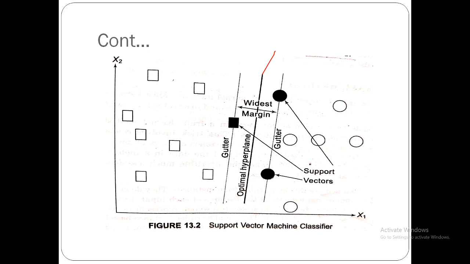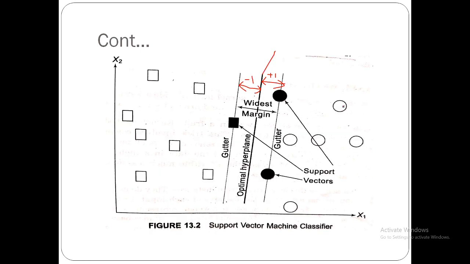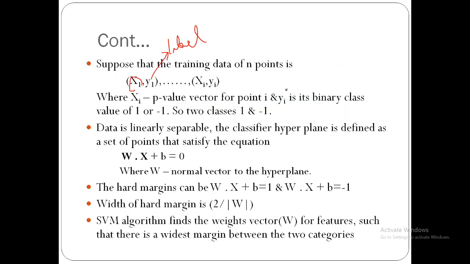There will be two classes of values. Here one boundary is there, and another boundary is there. For this boundary we are going to take one value, and for the other boundary another value. These are the boundary values. Since only two classes are there, one a circle class and one a square class, we are going to take +1 and -1.